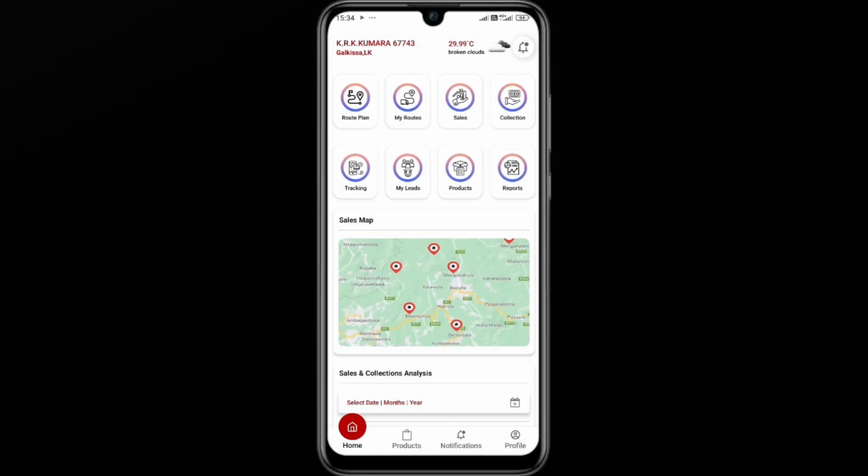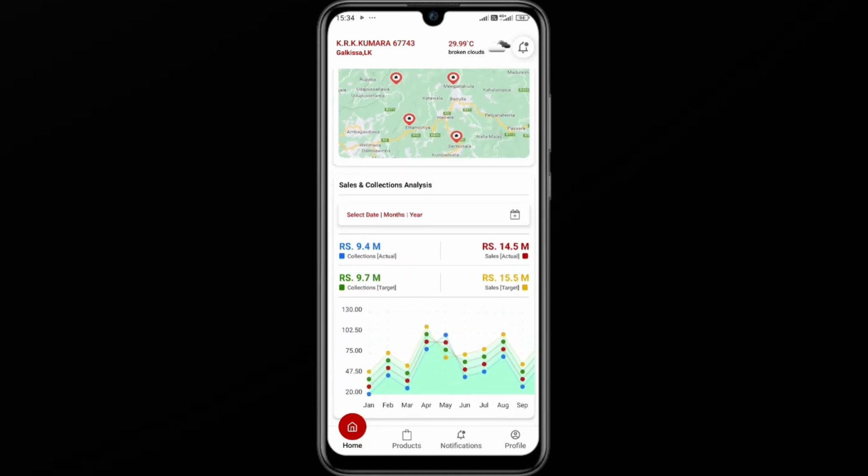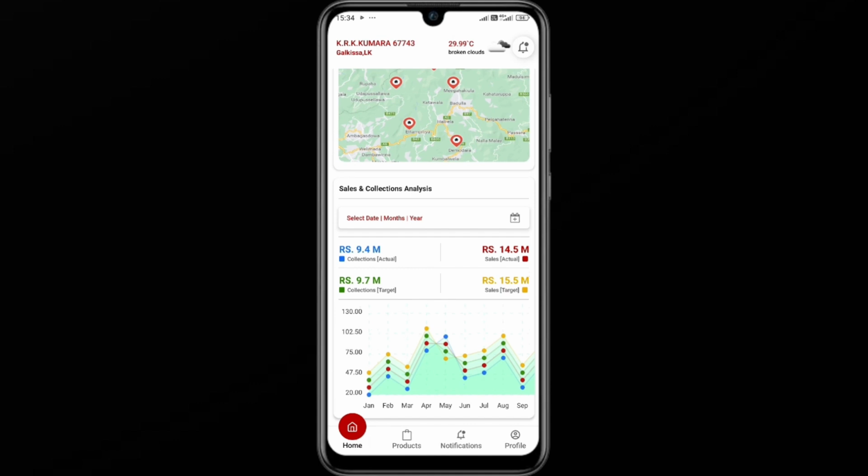First, once you log into the application, you'll see the dashboard with tabs including the options for route planning, my routes, sales, collection, tracking, my leads, products, and reports. Below these options, we have a sales map showing your allocated locations. This map is expandable and it will show you all the locations allocated to you for your relevant tasks. There is also a bar chart based on the data analysis, which provides a summary of your total collections and